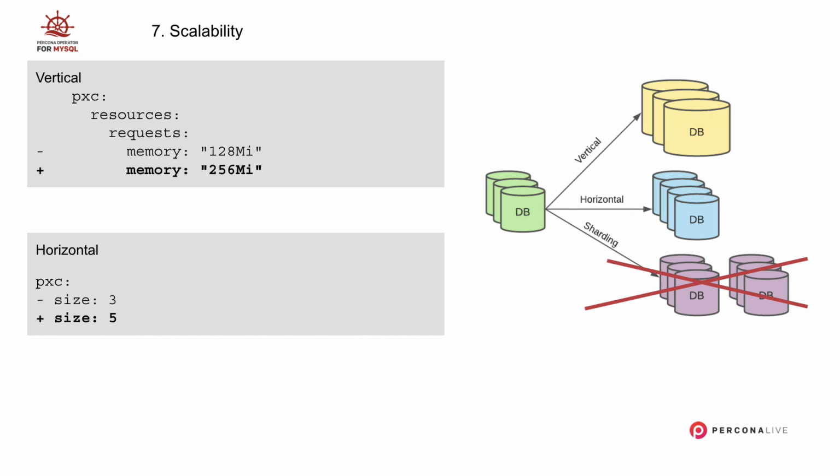And then when you deploy it, the operator in Kubernetes restarts each member of the replica set, of the cluster, in order to give them more resources, and they will do this one by one, so you don't lose too many members at the same time. With horizontal scaling, you may just go and say, hey, I don't need 3 replicas, now I need 5 members of my cluster. And then it will start adding them, it will initiate a clone process, and it will also basically drive it to the moment where the new node joins the cluster.